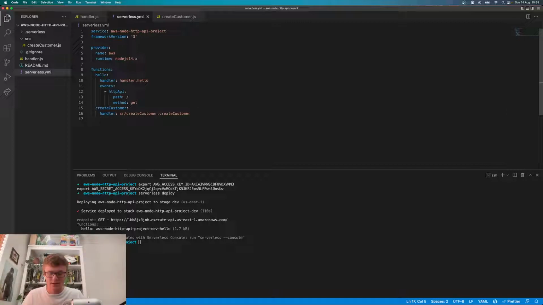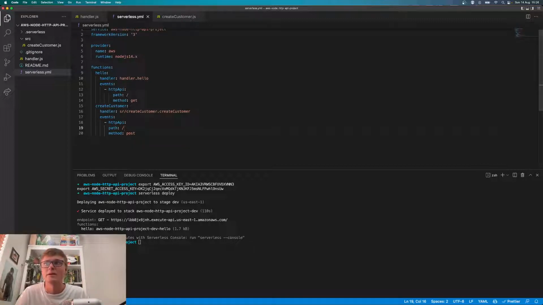Okay, and then attached to this, it's going to be triggered by an event. HTTP API again. Just the base path, method post. Okay, and then we need our DynamoDB table. So it's defined in a separate block called resources. And then we need our resources again, and we're going to call it customer table, and that is an AWS